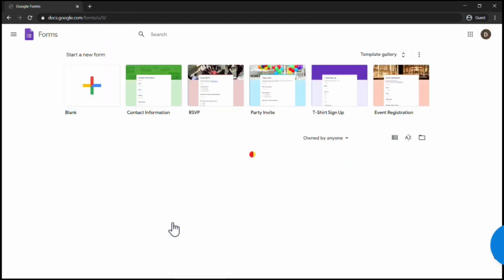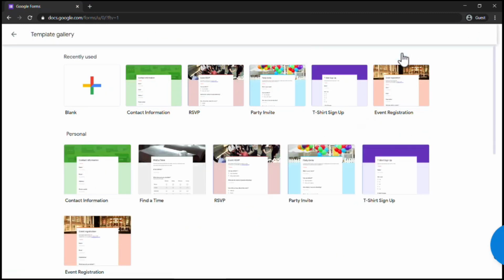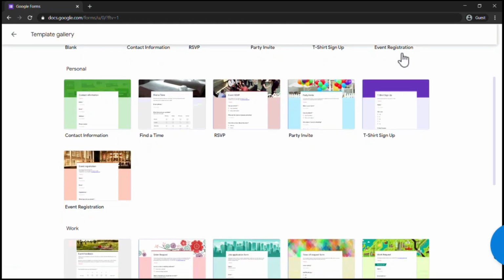So for that, click on go to Google Forms and this will take you to a page where it shows you all the different Google forms that are predefined by Google. For more templates like this, you just need to click on the template gallery. After doing that, you will get the recently used forms on the top, and then others in three categories, that are personal, work